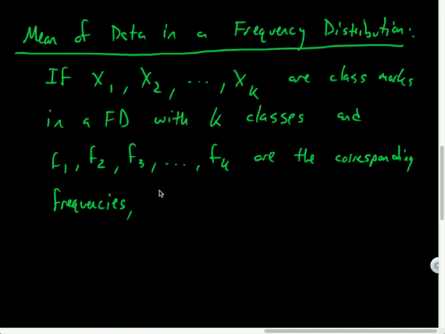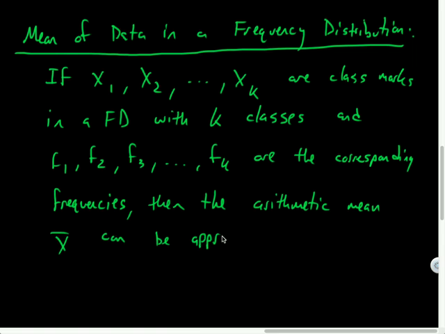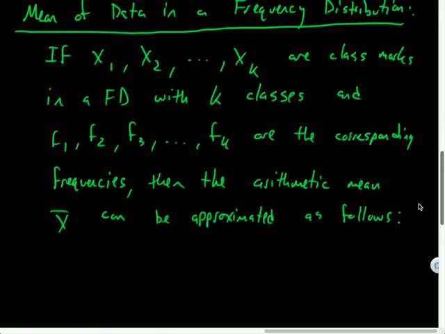So then, that's actually the mean, arithmetic mean, I guess we do call it that, x bar can be approximated. And that's key. It's not an exact value, because in a frequency distribution, I didn't know my exact numbers. As follows. So x bar is going to equal,